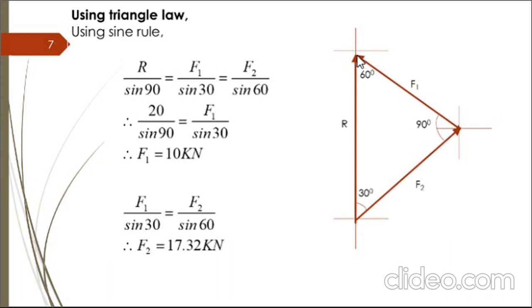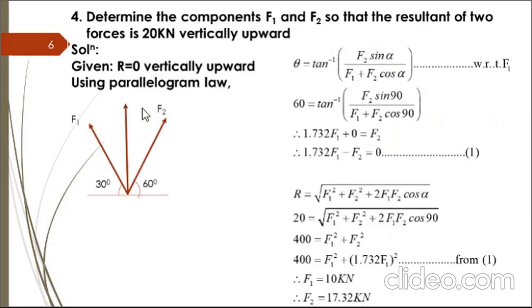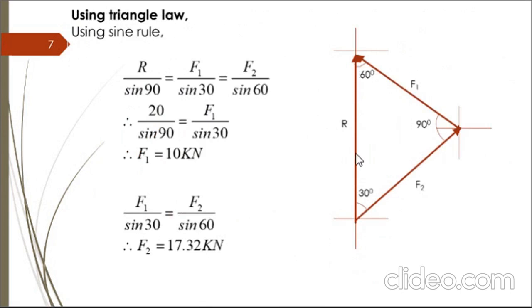respect to x-axis, and wherever it ends, the starting point of the first and the end point of the second will be joined by means of a vertical line, as R is given to be vertically upward. So here this vertical line of the triangle will represent the value of force R. Now after completing the triangle, determining the angles, so F2 will be making an angle of 60 degree with x, so this internal angle is equal to 30 degree.